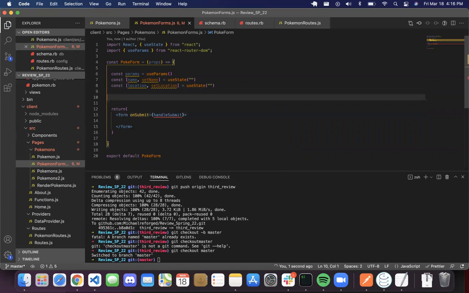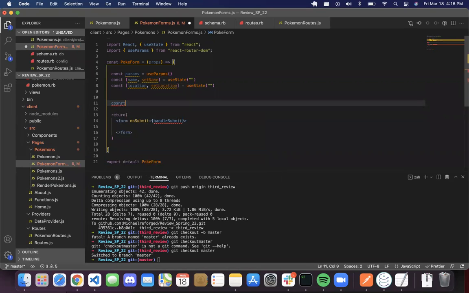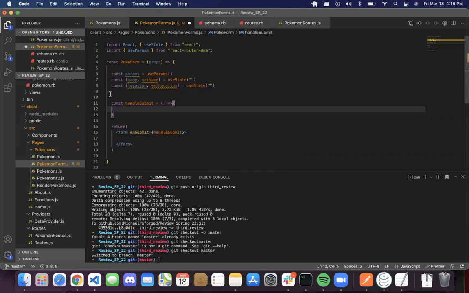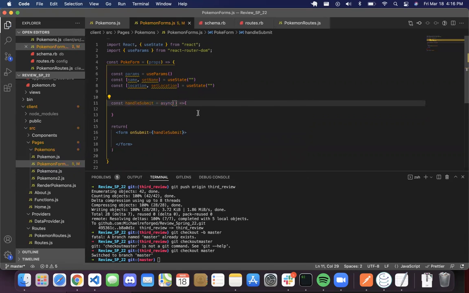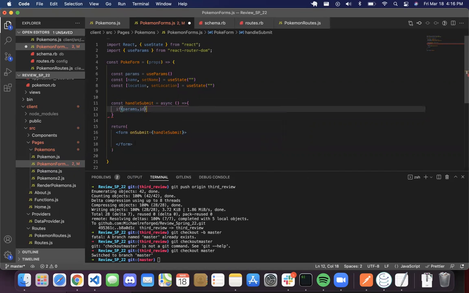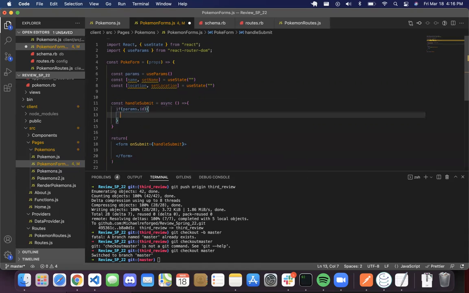And then over here, we're gonna have a const handleSubmit, which should be asynchronous, because we're gonna need to do an Axios call to and from. So if params.id, this is checking if we have a params.id. If it does have a params.id, it's gonna,